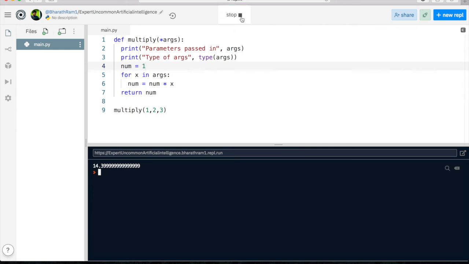Okay, now that makes sense. The parameters passed in are 1, 2, 3. Even though I didn't pass a tuple, it took it as a tuple, and we confirmed that this